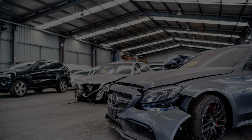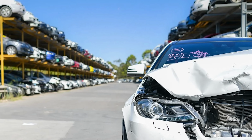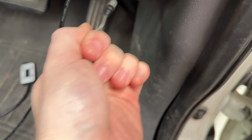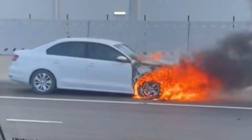At Australian vehicle auctions, every car has a story, but not all stories have happy endings. For the unprepared buyer, the thrill of a deal can quickly turn into the burden of a lemon. Some cars arrive with hidden damage, others carry mechanical issues that aren't obvious at first glance, and once the gavel falls,